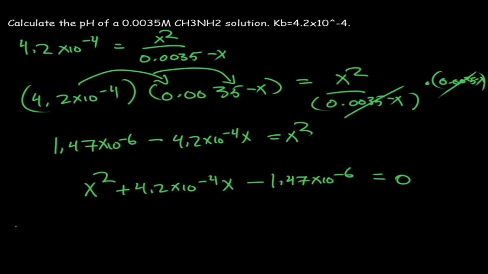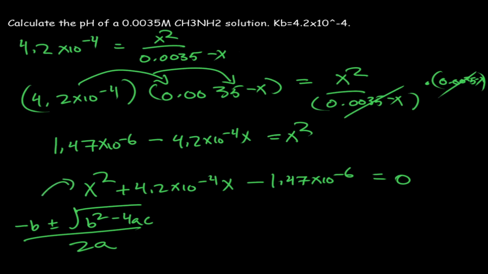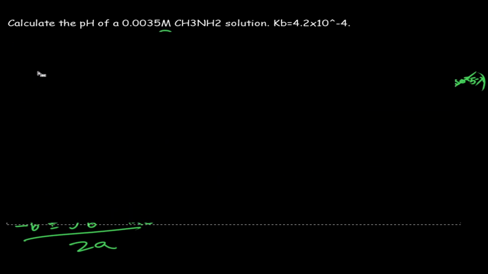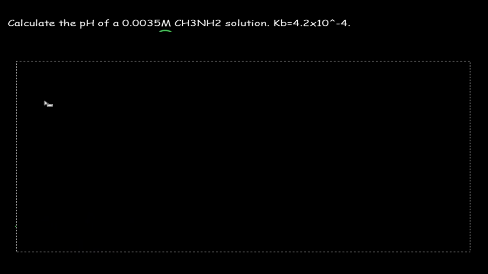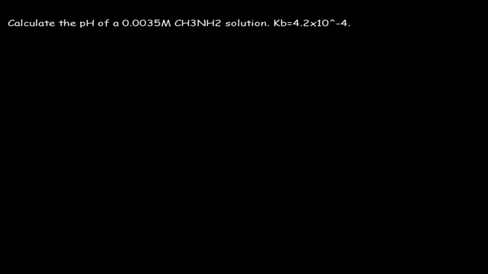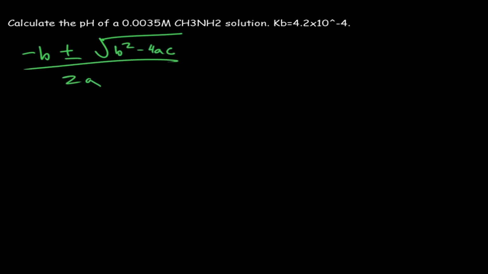We know the quadratic formula is negative b plus or minus the square root of b squared minus 4ac all over 2a. Okay, so we're going to be using that for this equation. So if we use that quadratic formula, negative b plus or minus the square root of b squared minus 4ac all over 2a,